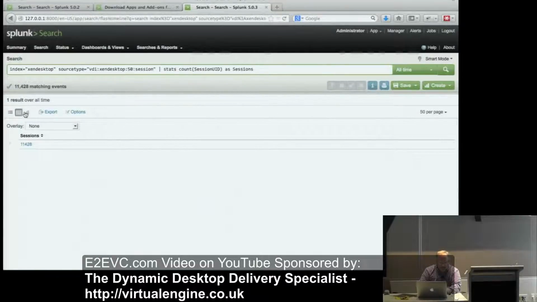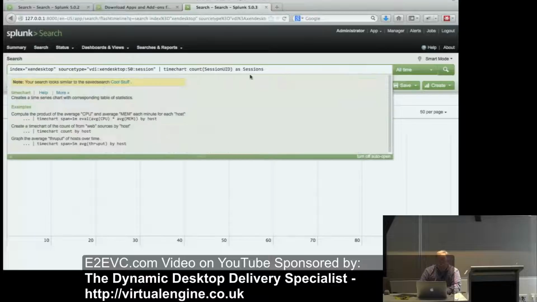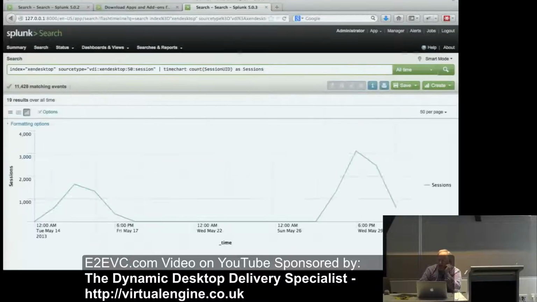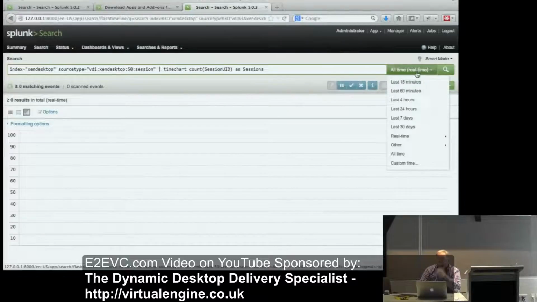And instead of doing that, you can do real time. You can do real time with different windows. I can do 1 hour, 30 minute, all that kind of stuff. And then this one maybe we want like a, I like the line graph. What about an area graph maybe? All right, let's go.